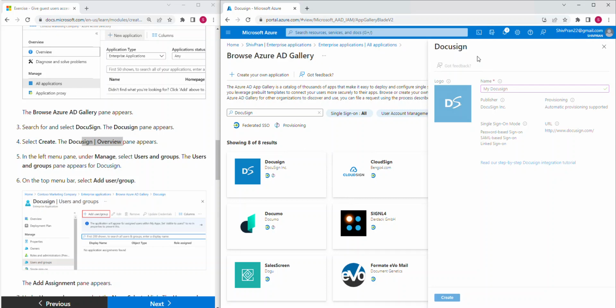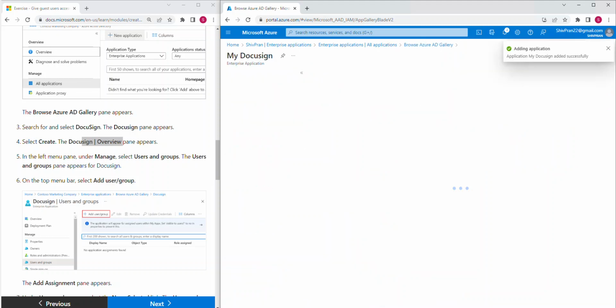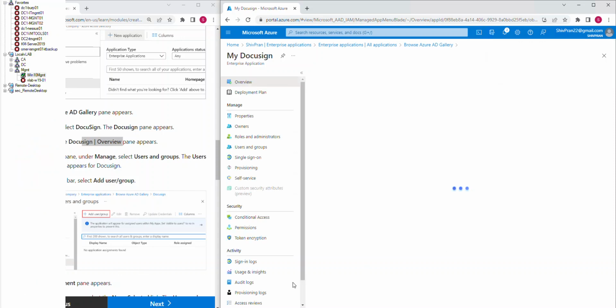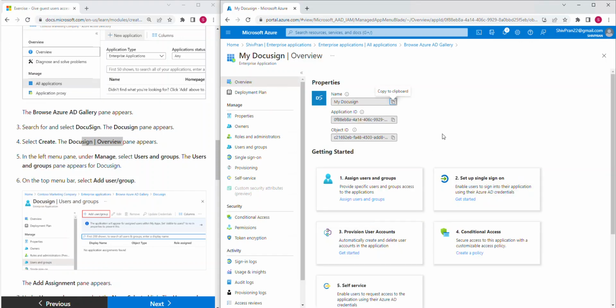Okay, so it's still trying to create the new application. Let's give it a minute and then again we can go back to the applications. So here we can see that the new application has been added in our enterprise applications list. So directly it has taken us to the DocuSign application, and we can see the overview page. And then